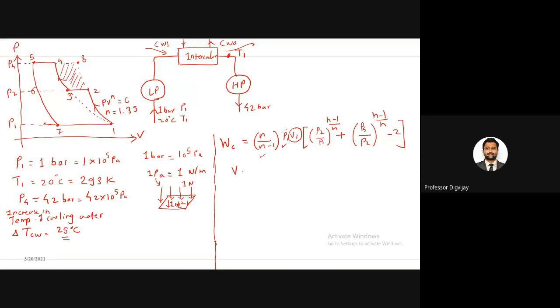So if mass is 1, we can easily calculate the volume. So let us see here. The formula for V1 according to the ideal gas equation will be mRT1 divided by P1. Here mass is 1, since we are calculating per kg, so 1 kg of mass into R. R for air is 287. T1 means the suction temperature, that is given as 20 degrees Celsius, which will be 293. That will be divided by P1. P1 is again 1 bar, so 1 into 10 to power 5. Okay, so calculate this value and tell me.